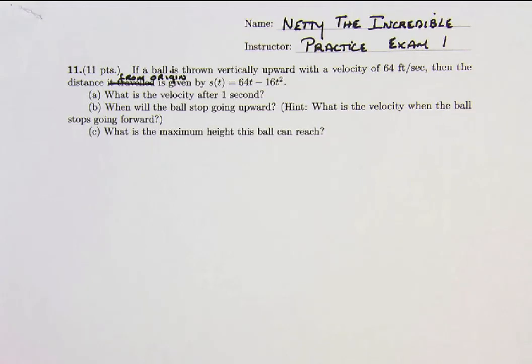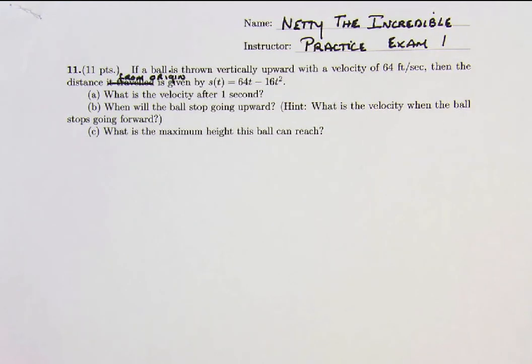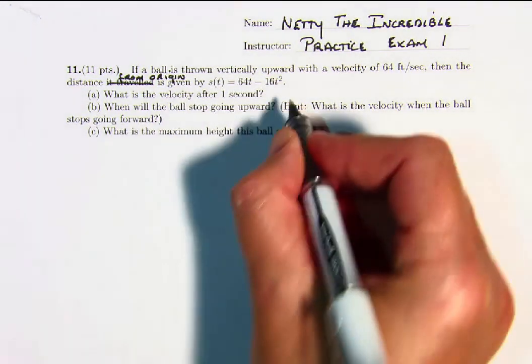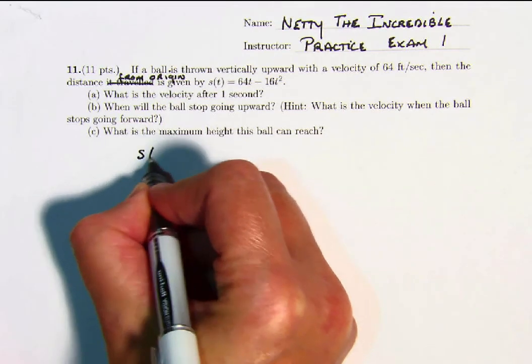Here we have a problem about a ball which is thrown vertically upwards, so it's traveling along a line, and its initial velocity is 64 feet per second. And I've changed this from distance traveled to distance from the original point, which is given by s of t equals 64t minus 16t squared. And recall that this is the position function,